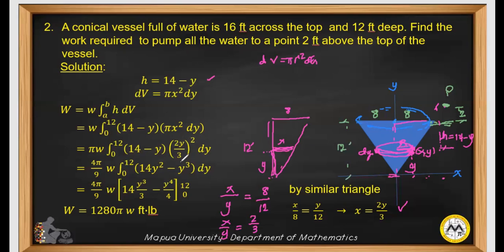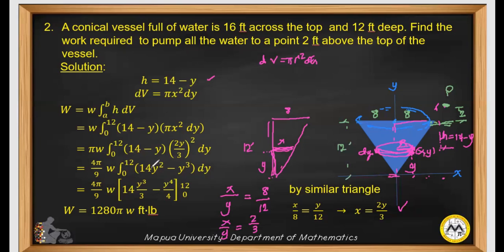Of course, the square of 2 thirds is 4 over 9, and we can write it before the integral sign so that we will have 4 over 9 pi times w, integral of, then multiply 14 minus y by y squared. So that will give us 14y squared minus y cubed, and we will evaluate the integral